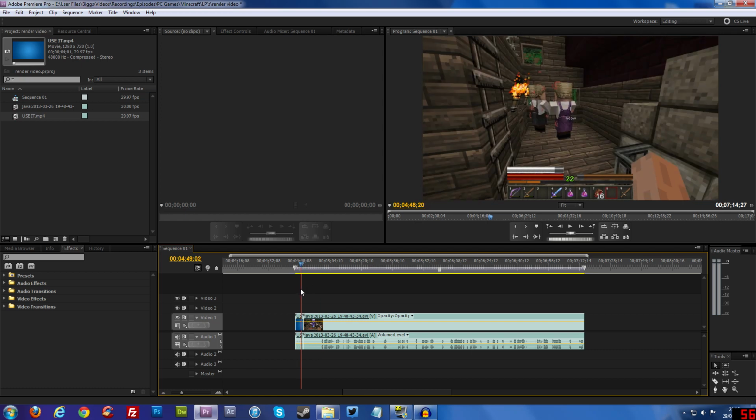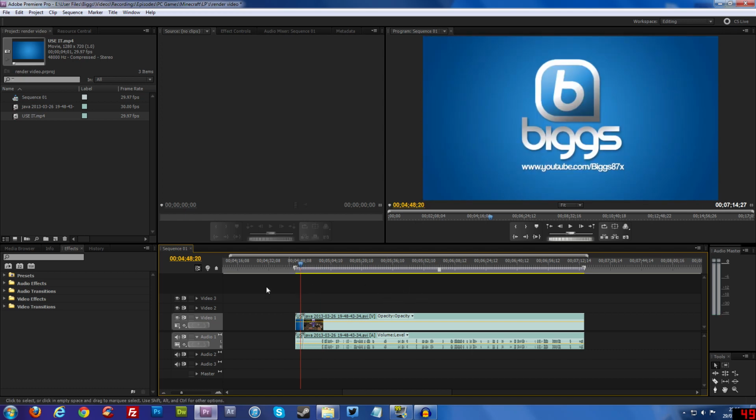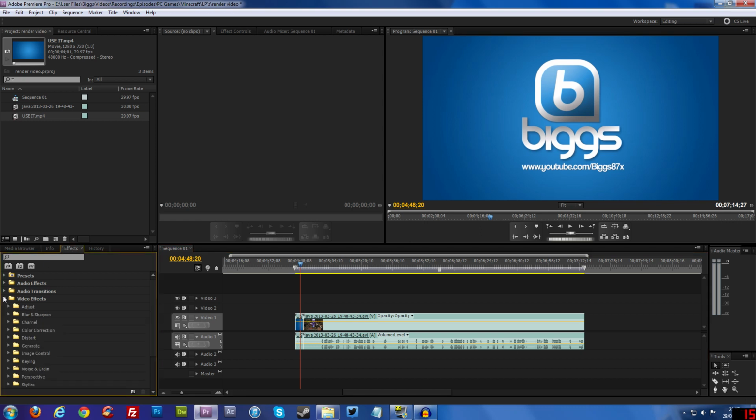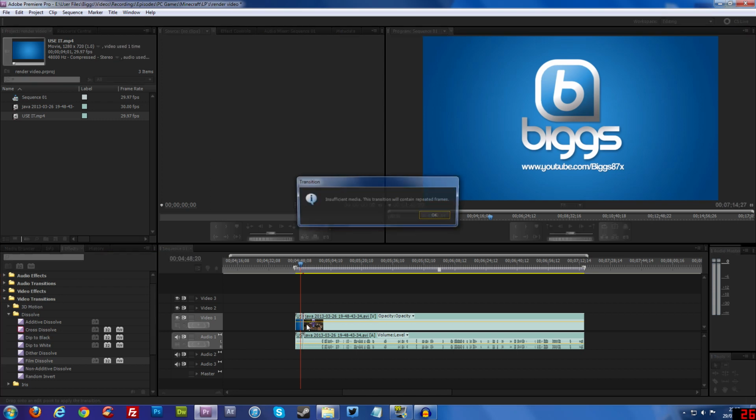Now if I want to add like a little transition on it, like a fade or something, on this left hand side over here we've got an effects tab, so we need to click that, and we click like video effects. You've got loads. None of them we're going to use. It's video transitions we want to use for fading. And I use one called film dissolve because I think it's the best one, and I just drag it in